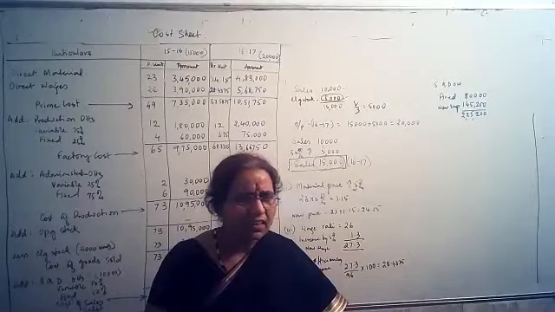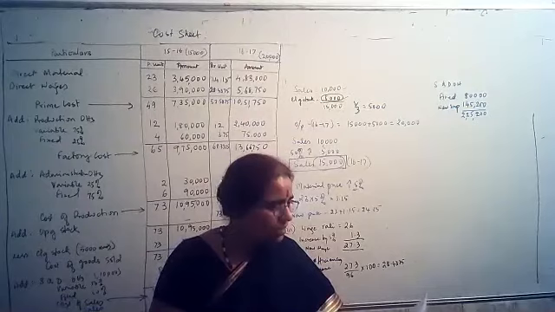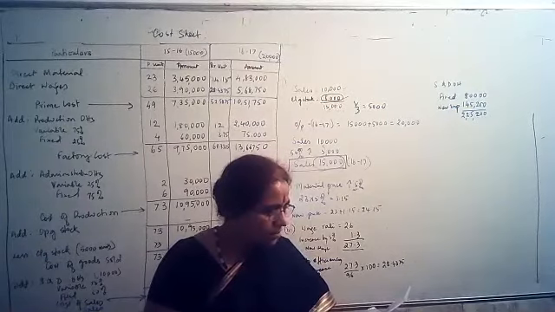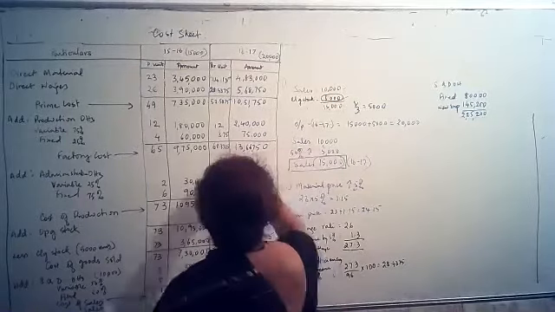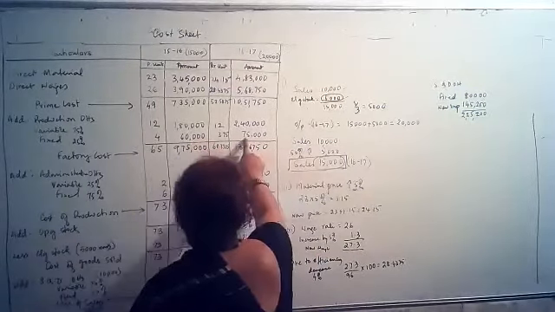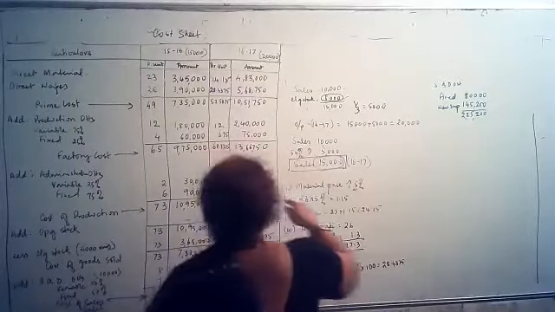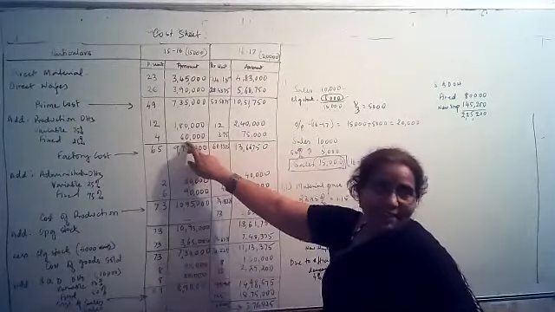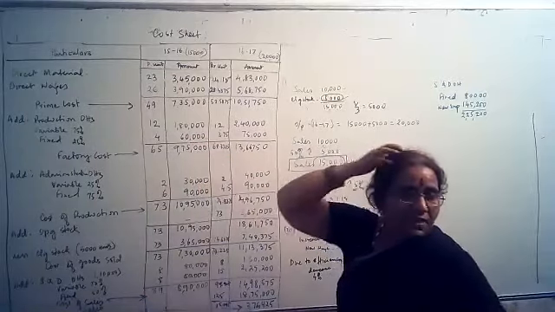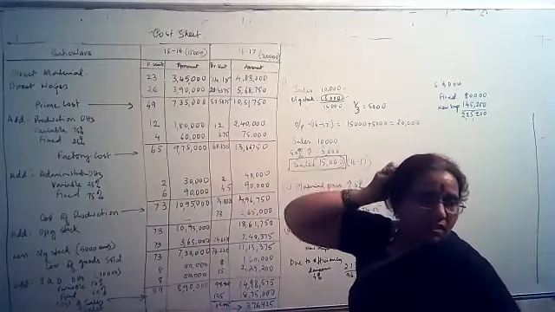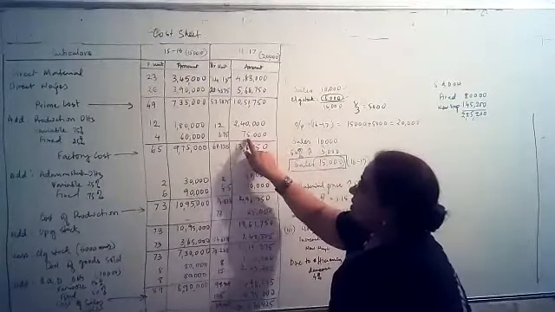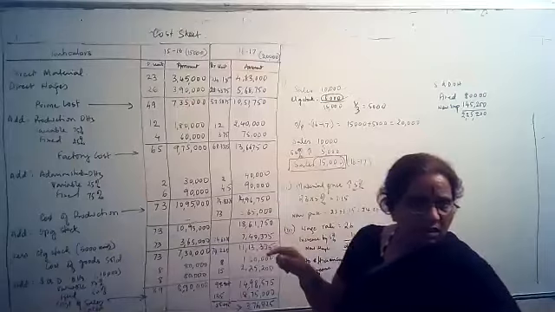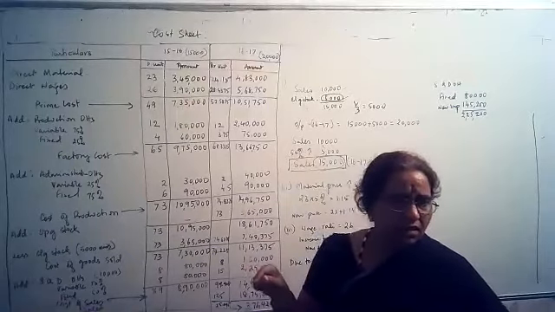Ma'am, in the production overhead, there is an increase of 25% in the fixed overhead, ma'am. Yeah, that's what I have increased. No, 60,000 is increased to 75,000. Look here, 60,000, 25% of 60,000 is 15,000. And I have increased it. Ma'am, what I thought is it's 60,000 for 15,000 units, no?